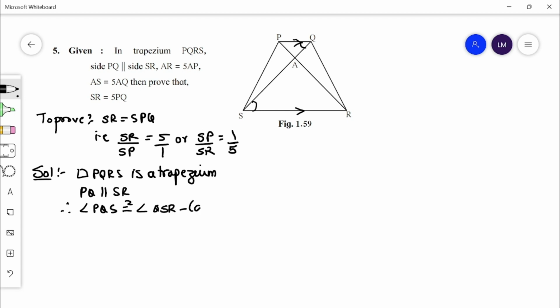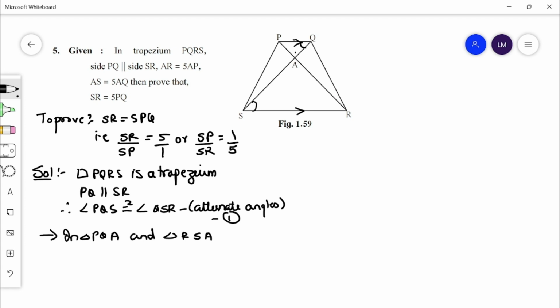So the reason is alternate angles, and this we can give as equation number 1, right? Next, these two vertically opposite angles we will take in the triangles. So we'll take two triangles. In triangle PQA and triangle